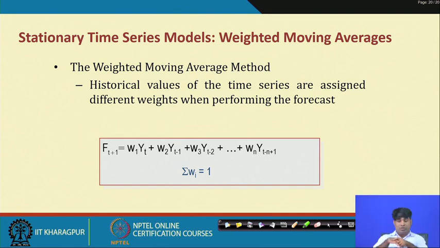That is through weighted average, and here the weight is with respect to different variables, and that too log of these existing variables. See here, it is y t = w1 y t minus 1, w2 y t minus 2, w3 y t minus 3, and wn y t minus n, and sum of the w equal to 1. That means technically the weights w1, w2, w3 will be between 0 to 1, some points like 0.1, 0.3, 0.5, but the requirement is that the sum of these weights should be exactly equal to 1.